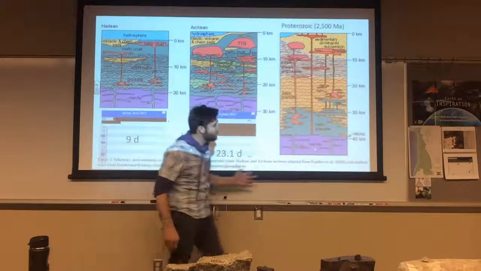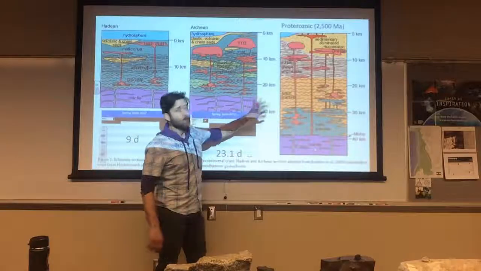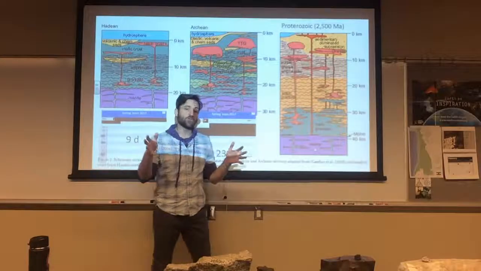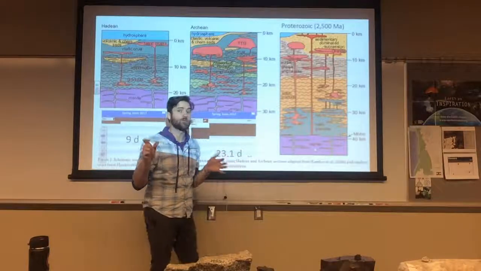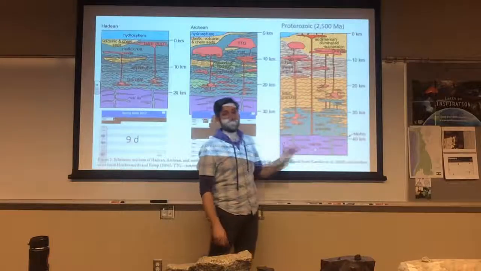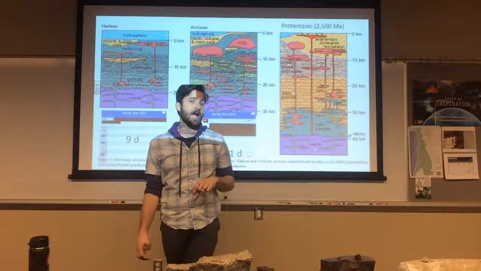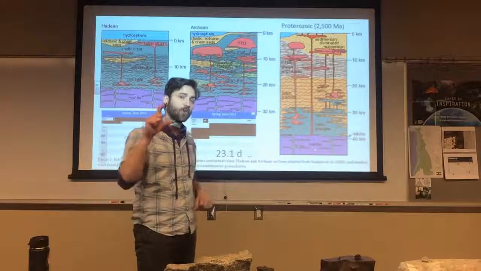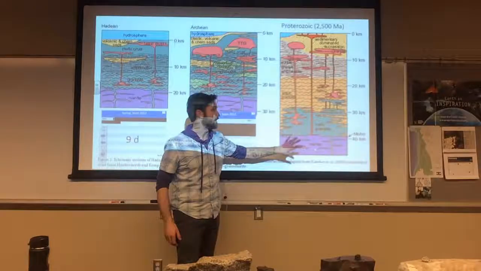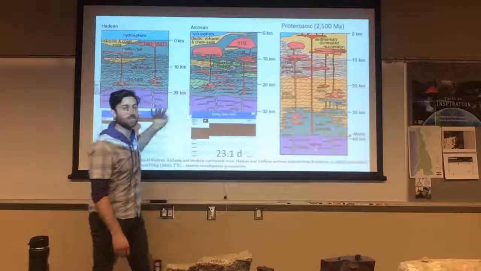Now if we take one big step forward into the next geologic time, the Proterozoic, the Paleo, Meso, and Neoproterozoic, remember the Neoproterozoic we've talked about in the context of snowball Earth, the crust looks completely different. Any remnants of oceanic crust that we have, any of these what are called ophiolite sequences that are this old, look very, very different than the crust of the Archean and the crust of the Hadean. This is simple stuff here, right?